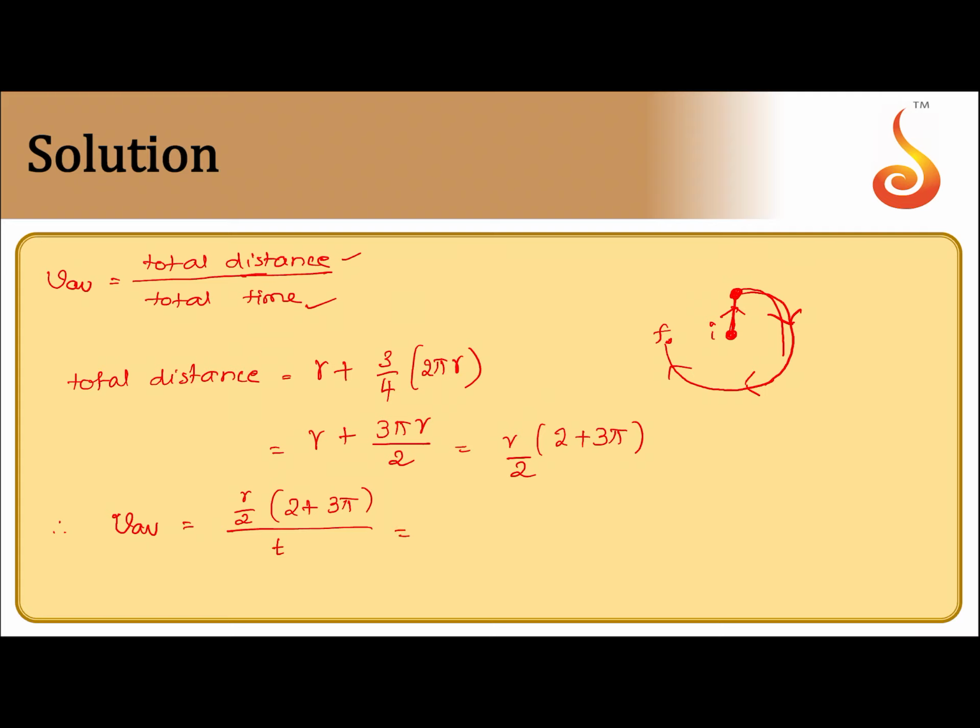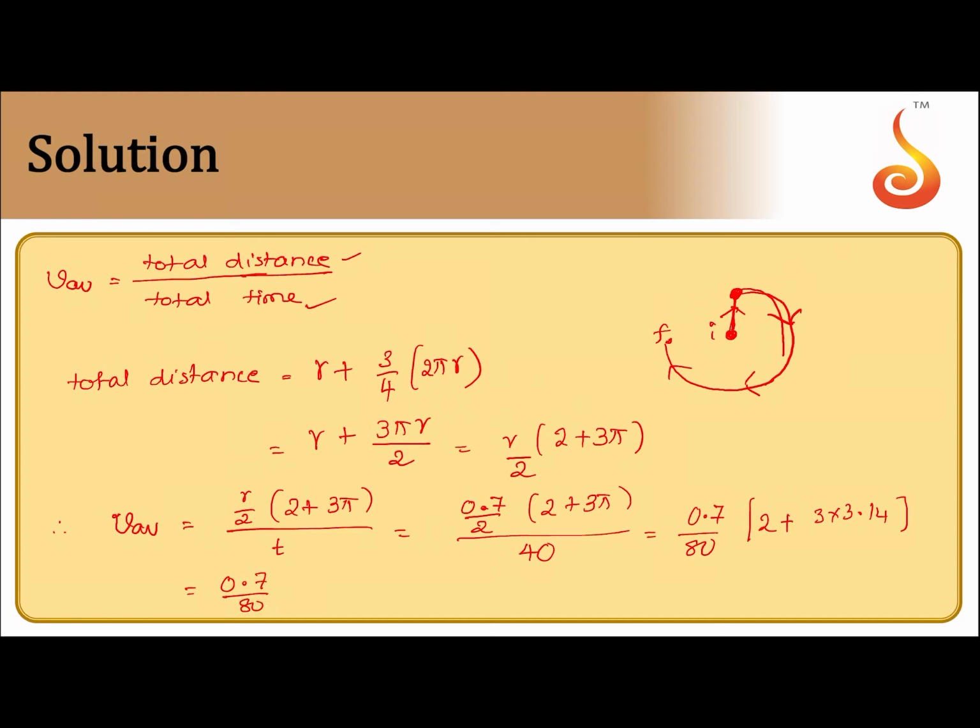Let us substitute for this one. r is 0.7 divided by 2 plus 3 pi, whole divided by 40, because all the calculations are to be in terms of kilometer per minute. So let's simplify it further. 0.7 divided by 80 into 2 plus, this is 3 into 3.14. That's right. So further simplification gives us